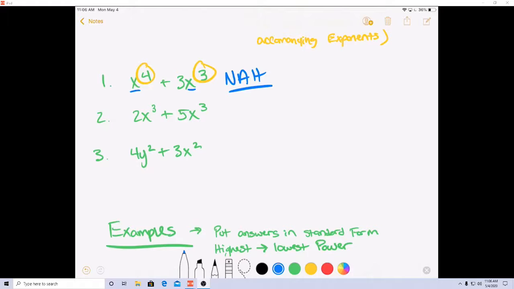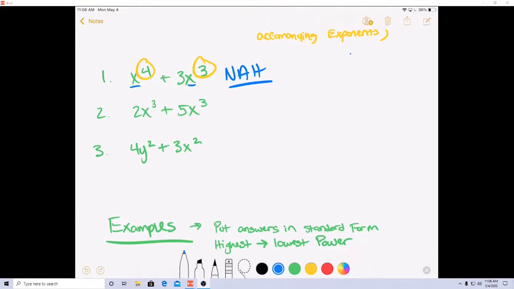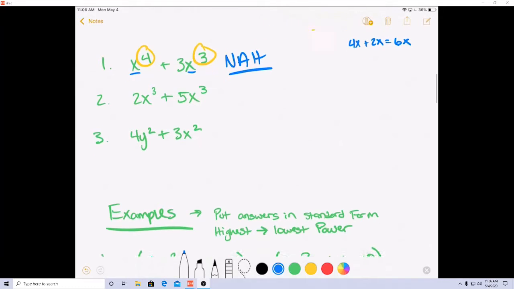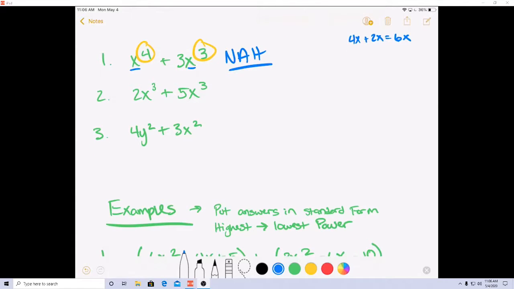Next one, I can do this one because they're both x cubes, right? They're both x cubes, so they are like terms. So how do I add like terms? Well, back in the day when we solved equations, if I did 4x plus 2x, you would tell me it's 6x. It's that simple. You just add or subtract the numbers in front of the variables. So if I have 2x cubed plus 5x cubed, that is 7x cubed. And this is a mistake a lot